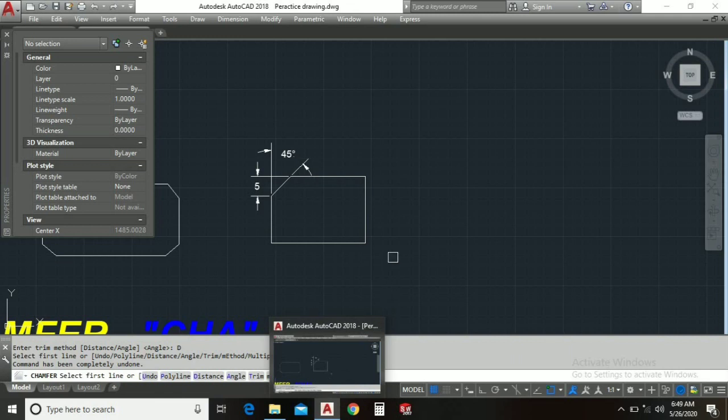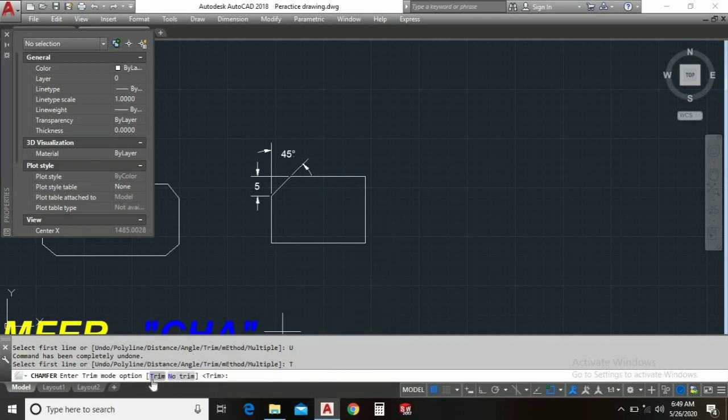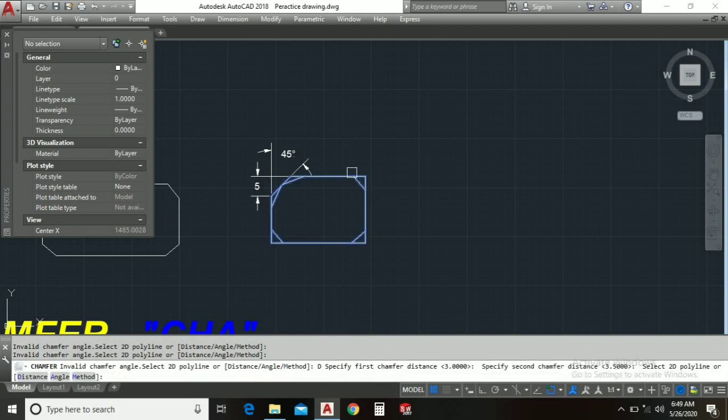There is one more option on the left, that is trim. If I click on trim and then click on no trim, my corners are not going to be trimmed and the line will be added. I'll show you how. So enter distance here, that is 3 mm and 3.5 mm.